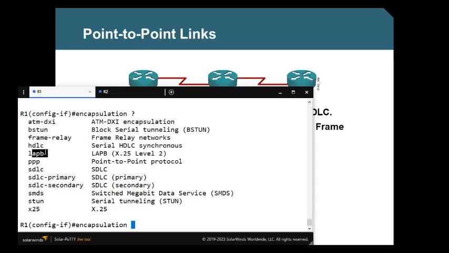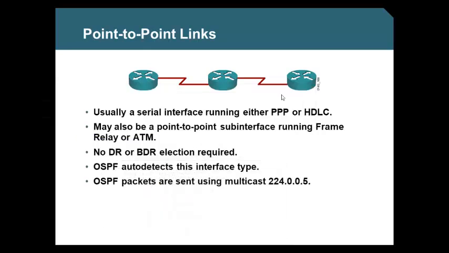A sub-interface is taking one physical interface and subdividing it into multiple logical interfaces. There also you can run Frame Relay and ATM if you wish to. Whether it is Frame Relay point to point or a normal serial point to point,